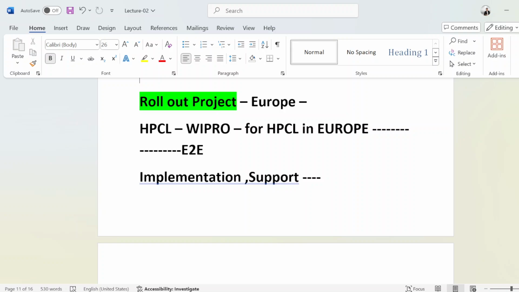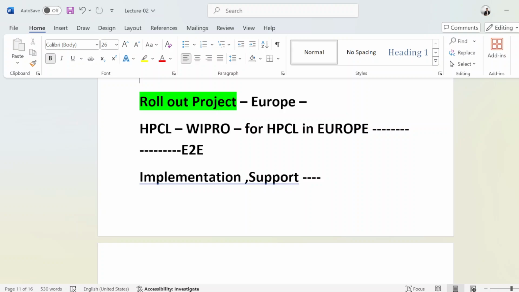Let's suppose Balco says no, last time we went with Infosys, but this time we don't want the same company, because our experience was not that good. Let's suppose this time they go with TCS. So for TCS that will be a very fresh project; they have to do everything from scratch.